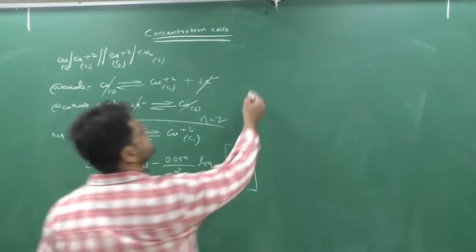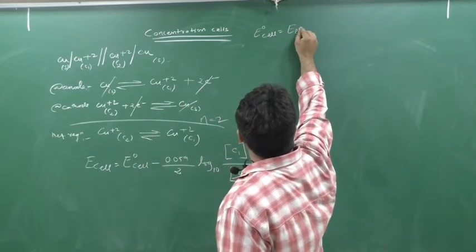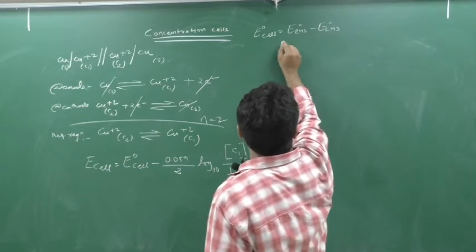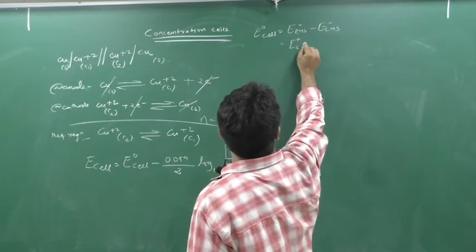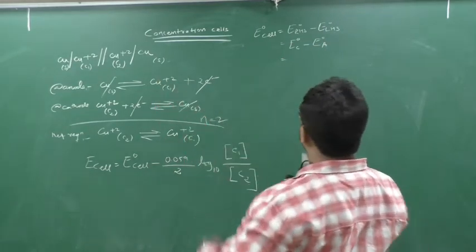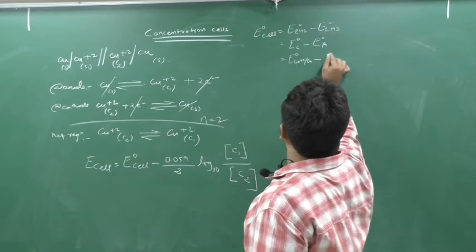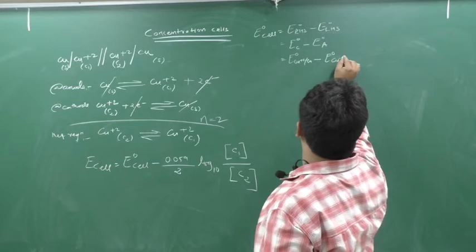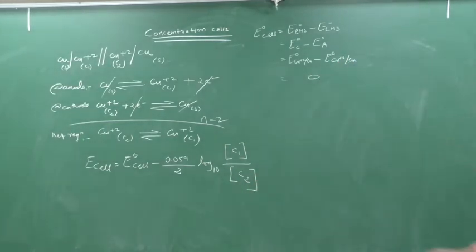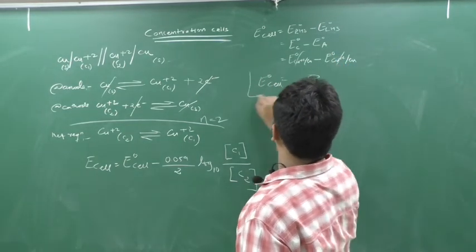So, see beta, E naught cell. E RHS minus E LHS. Yes or no? That is, I can write E cathode minus E anode. The cathode is what? Copper. So, E0 Cu+2/Cu minus E0, the anode is also copper, E0 Cu+2/Cu. In short, the answer will come what? 0. Because both will cancel. So, E naught cell will be what? 0. So, this is another MCQ,